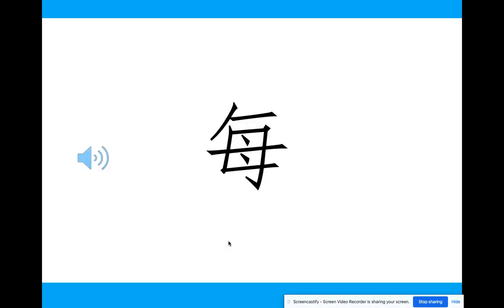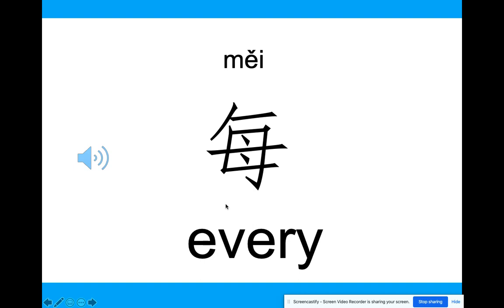We are also going to learn a few new words today. The first one is 每. Now, I know you might think that this one looks really familiar to you. If you add a water radical on the side, that's 海, in 海边, which means seaside. But you take out the water radical and you have this part left. It's called 每, and it means every.